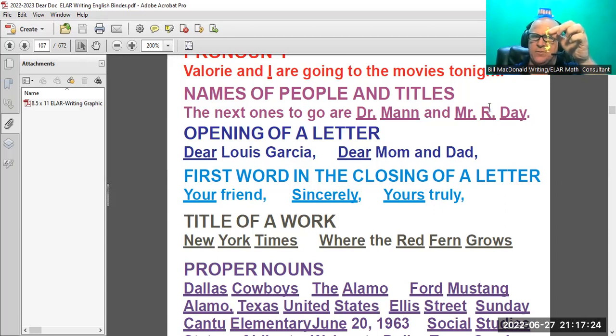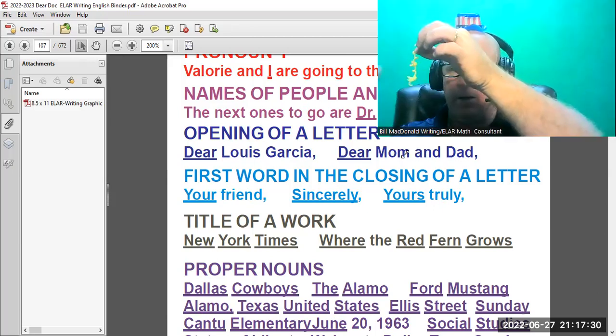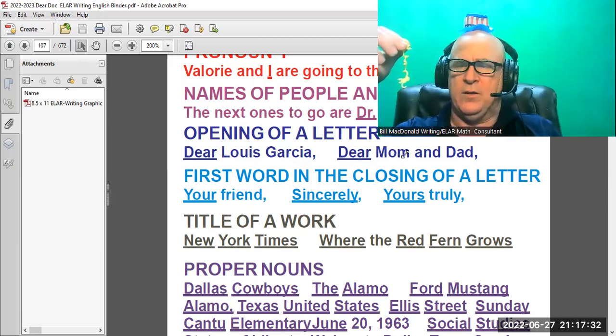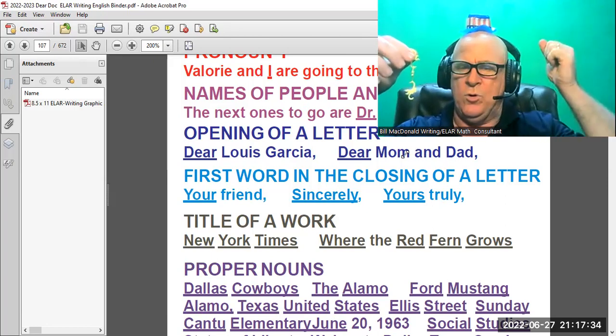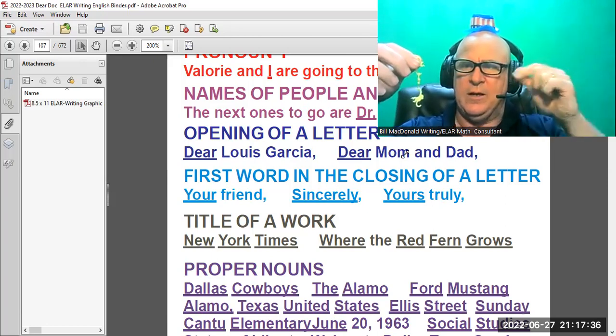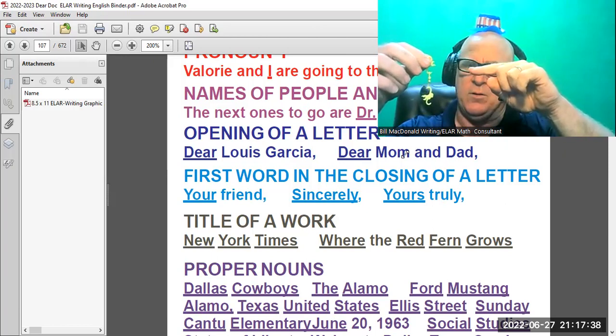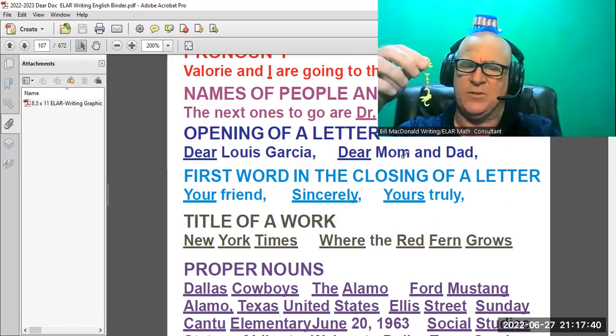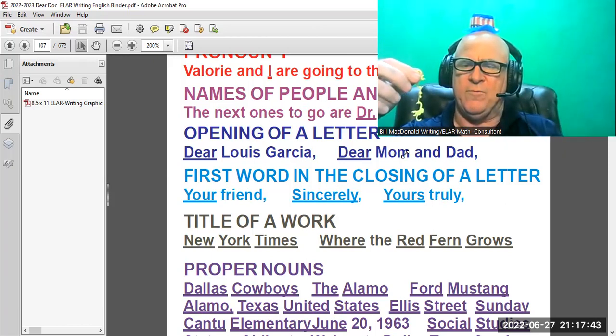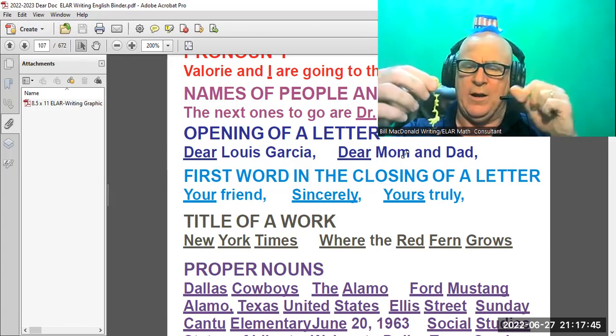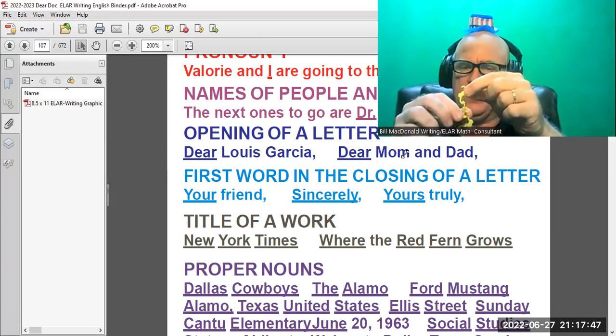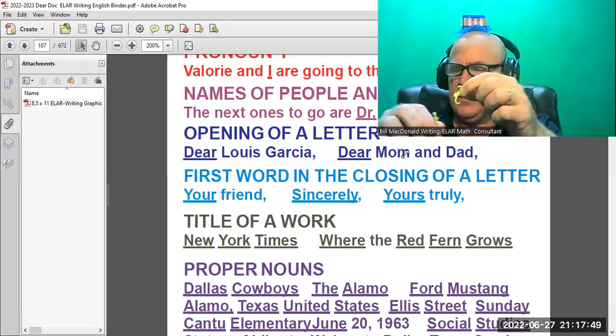Try to enlarge myself a little bit here, see if you can see me a little bit bigger. Okay, so there I am with New York Times, slow shift capital, slow shift size, slow shift size. How about Where the Red Fern Grows? Capital, where, slow. The is a go.